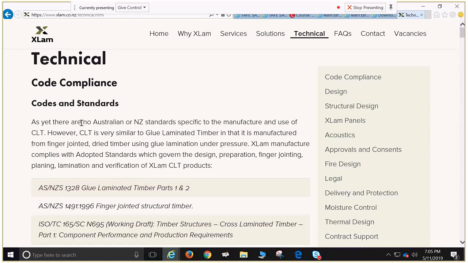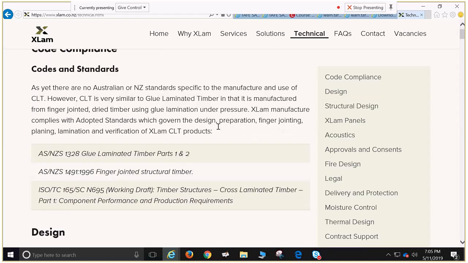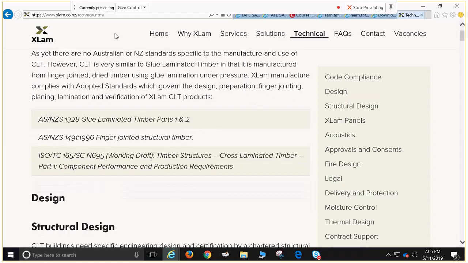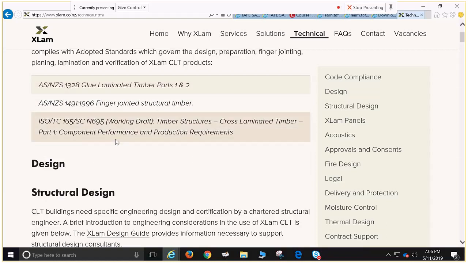As yet there are no Australian or New Zealand standards specific to the manufacture and use of CLT. However, CLT is very similar to glue laminated timber in that it's manufactured from finger jointed dried timber using glue lamination under pressure. So the XLab manufacturer complies with the adopted standards which govern the design, preparation, finger jointing, planing, lamination and verification of XLab CLT products. So there are those Australian and New Zealand standards for glue laminated and finger jointed